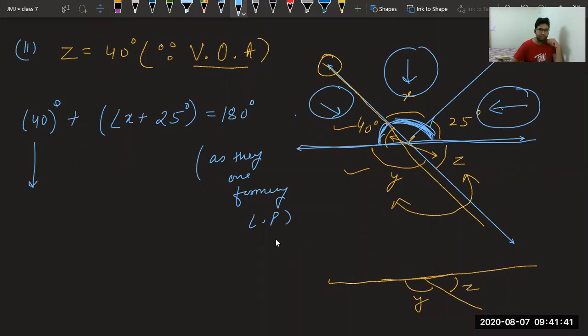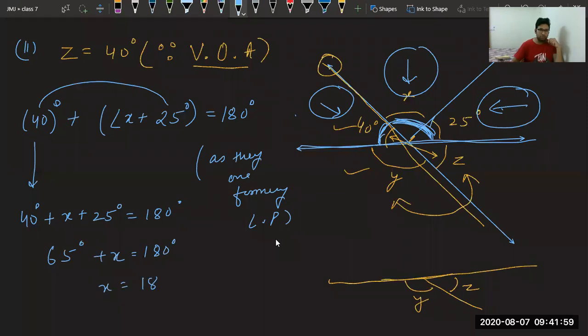40 degree plus 25 degrees, how much? All of you, 40 plus 25 is how much? Please tell me. It is 65. Very good. Thank you. It was very tough for me. Is equal to 180 degree. Now we will take 65 to that side. It becomes 180 minus 65. And the answer is, all of you, please answer. It is 115. And with that, we have found angle X, angle Y, and angle Z.